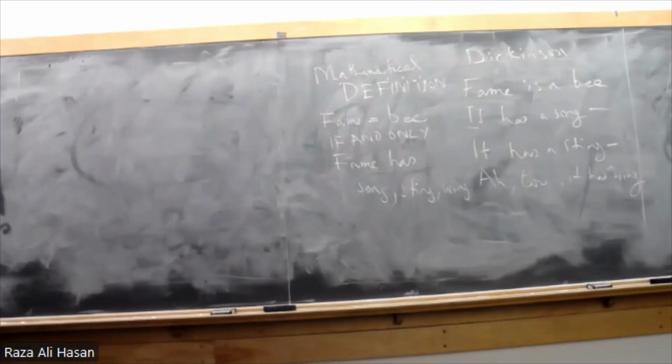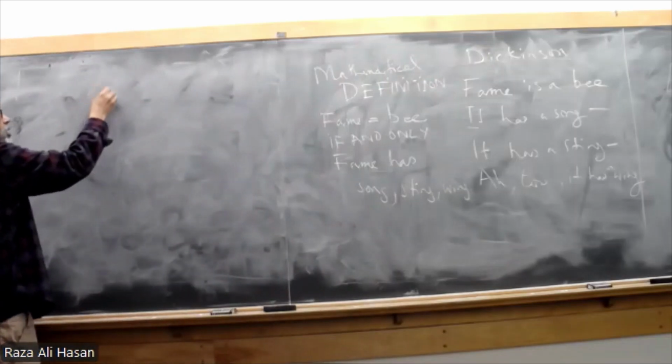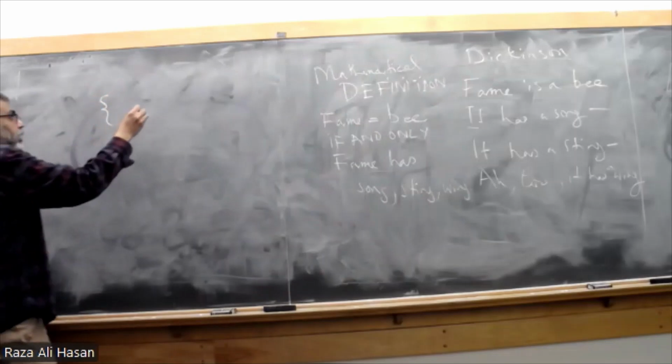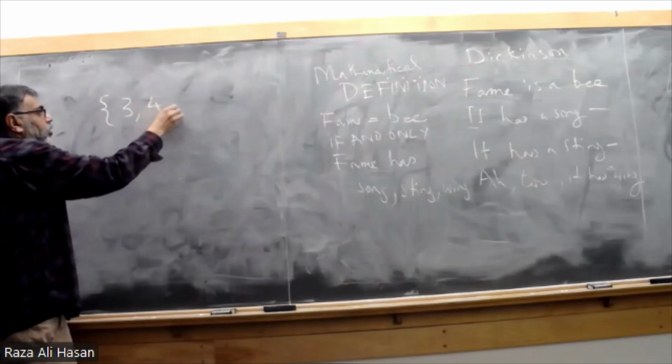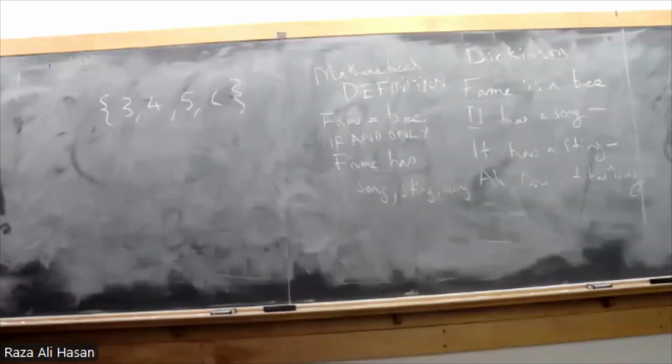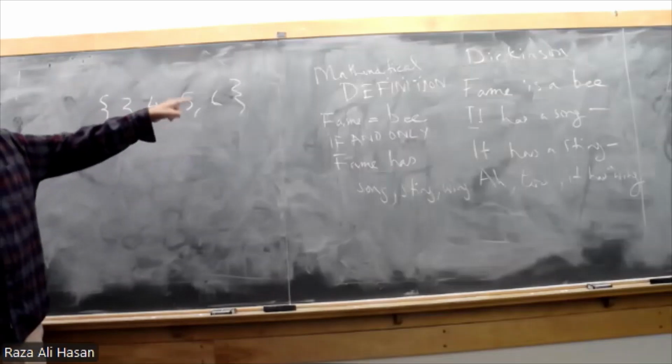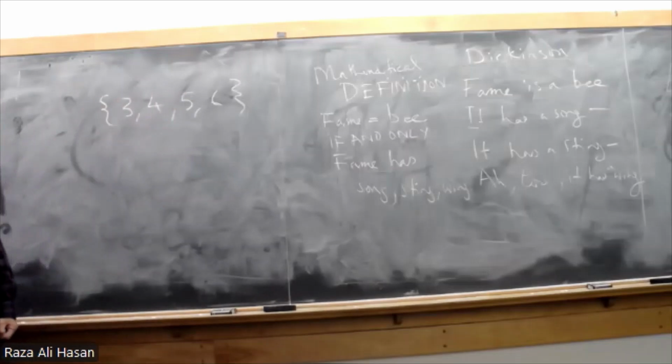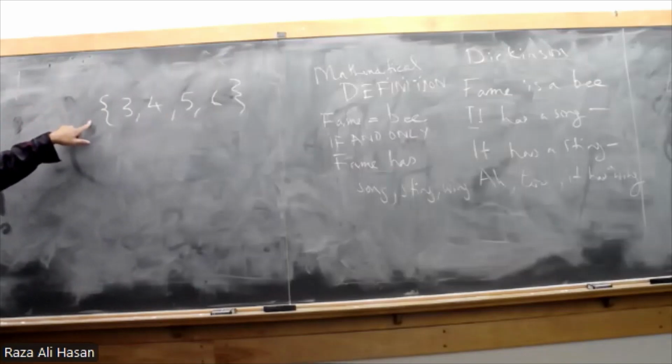Okay, all right, so let's go back to what we were doing earlier. And I'm going to write a set here. We're back on this just to start the class. Okay, so we have a set, 3, 4, 5, 6. It's got 4 elements in it. It doesn't have a name. We don't have to name it, but we could call it A. If I was going to give it a name, and let's say I call it D, I would put D here and an equal sign right there.